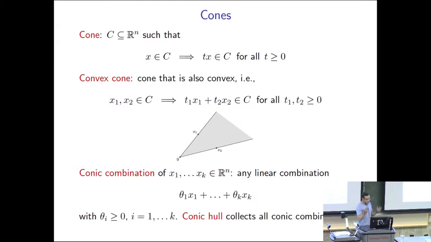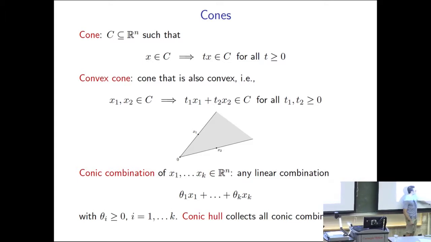So I think your example is just a higher dimensional version of this. Right, so convex cones exclude this possibility, obviously. They're also convex. And we can talk about something called a conic combination of points, which is now a linear combination of points x1 through xk where all of these coefficients are non-negative. So we don't constrain them to add up to 1, we just constrain them to be non-negative. The conic hull of a set, just like the convex hull, the analog for conic combinations, just collects all conic combinations of points. And so by construction,